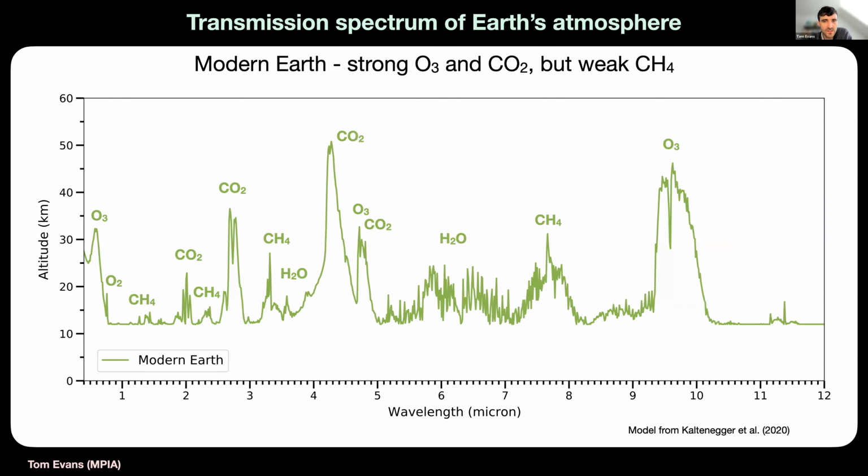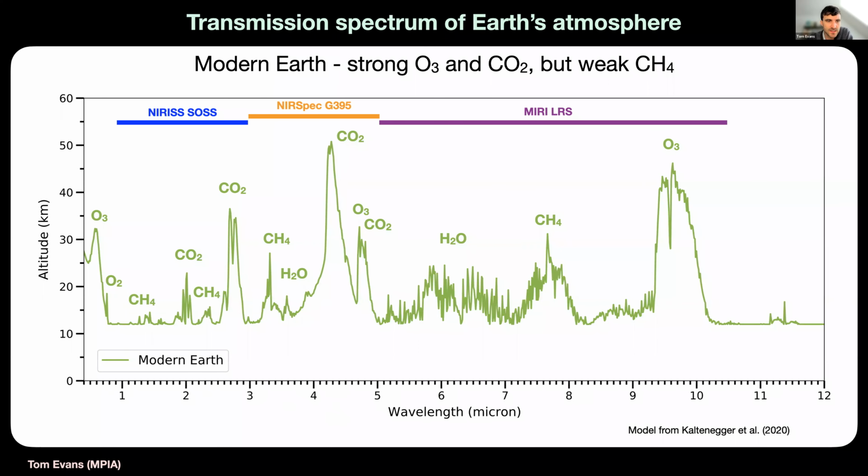Okay, so let's have a closer look now at some transmission spectrum models across the wavelength ranges covered by JWST's instruments. So this is a model, now it's not a measured spectrum like the satellite one I showed before, of the modern Earth's transmission spectrum from the optical through the infrared. And here are the wavelength ranges covered by Webb spectrographs. So aside from ozone at 10 micron, the carbon dioxide band at 4.3 micron is a particularly strong feature that we see.